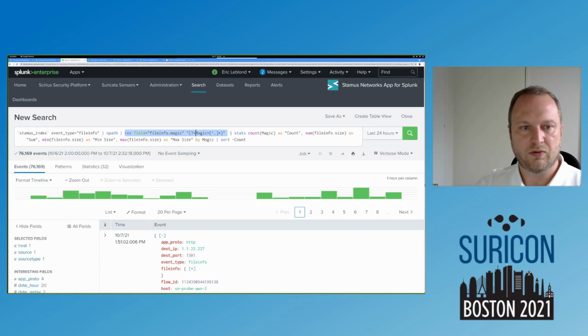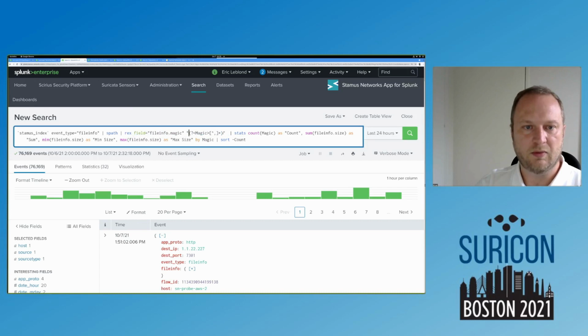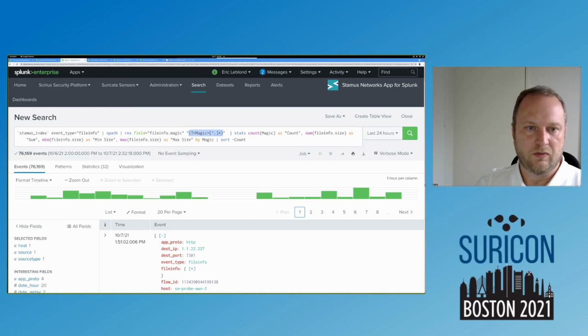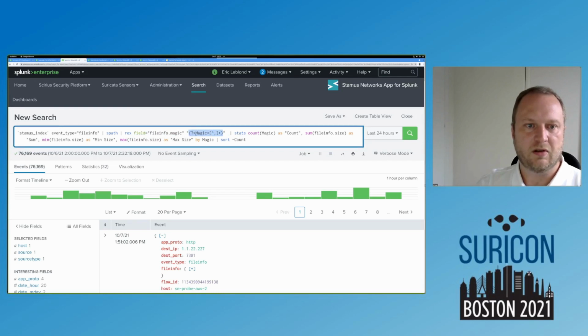So we want to grab something with the regular expression, which is magic. It will be named magic, it starts at the beginning, there is no comma inside, and we have at least some characters. By doing this, we managed to create the variable magic that will contain exactly what we want, which is the part of the magic identification before the first comma.